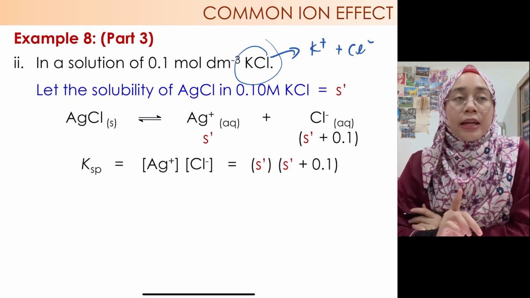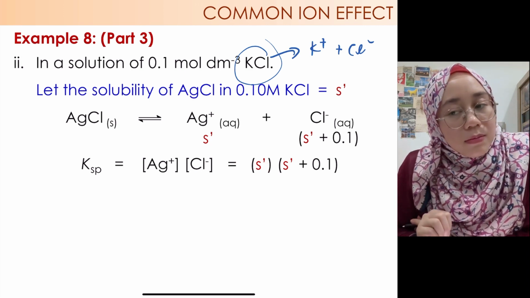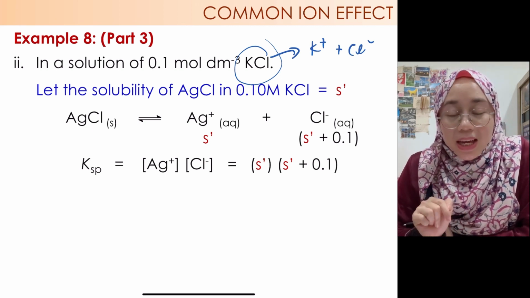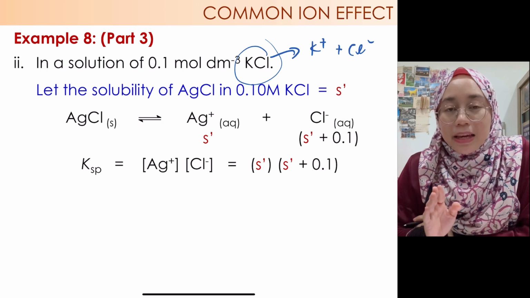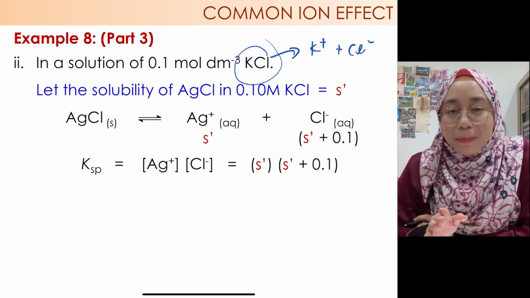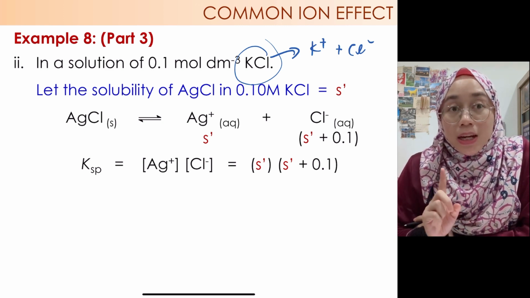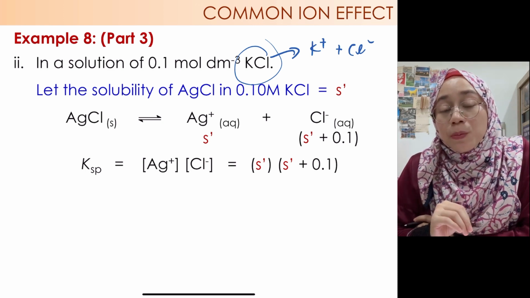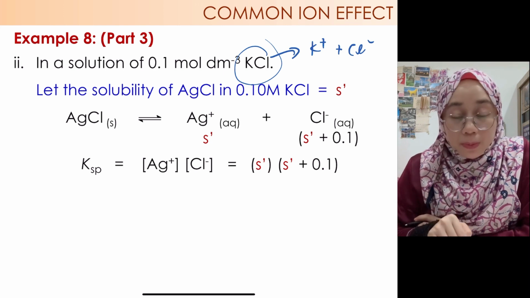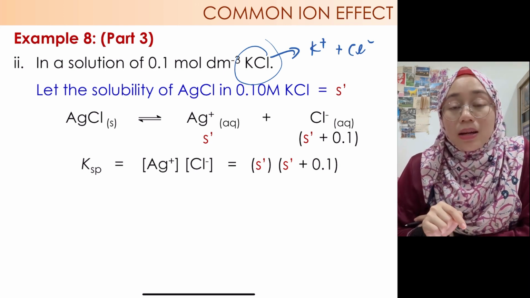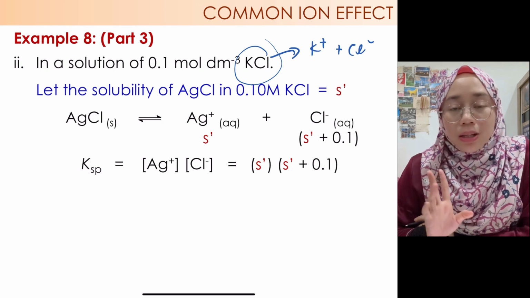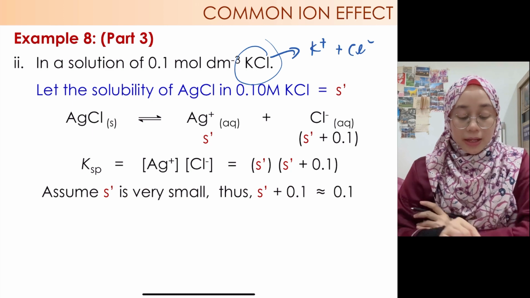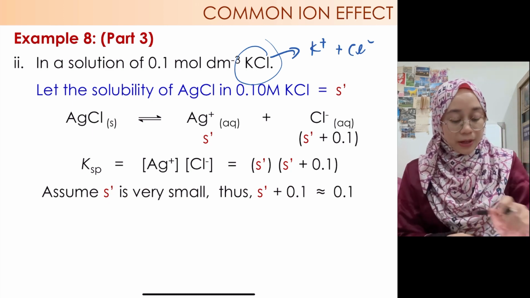Okay, right, and then ingat tak lagi yang 5% rule tu? So 5% rule adalah bila kita tengok value K, tak kisahlah KSP kah, KA kah, KB kah. Kalau dia adalah exponent negative 5 and below, so kita boleh assume that X ataupun in this particular case S is very small. Kalau tak nak assume pun tak apa sebenarnya, tapi panjang sikit jalan kerja dia. So let's assume that the S is very small. Kenapa kita assume ni very small? Sekali lagi,